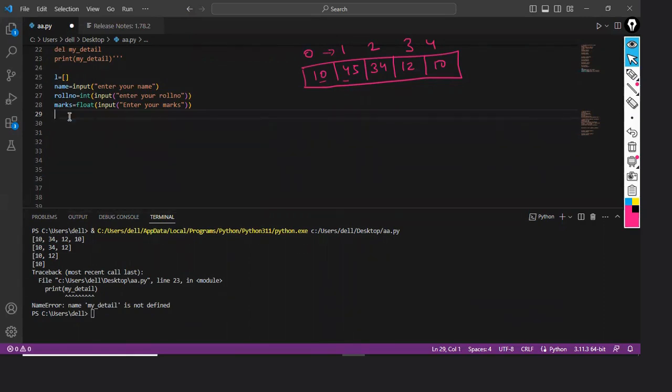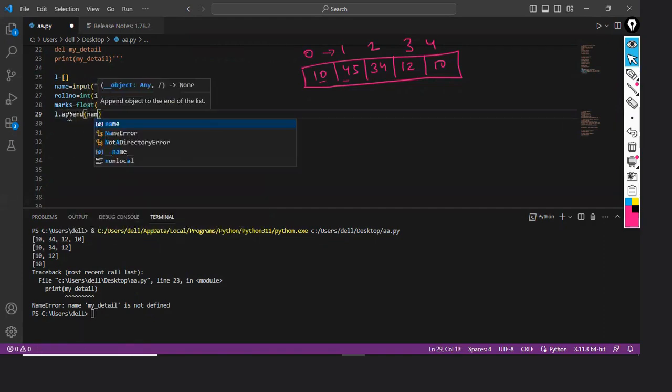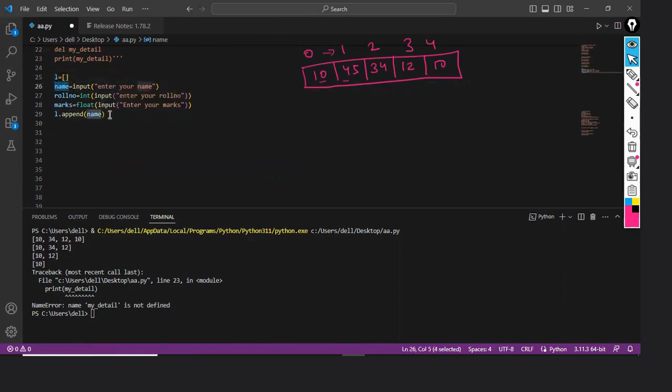We can update the values, or we can insert the values at a specific index that you want. One simpler way can be, you can simply use the append function here because now the list is empty and you don't know the index number you want to store your data in. So we can directly use append and append name. Name is this variable name. Right? Now L dot append